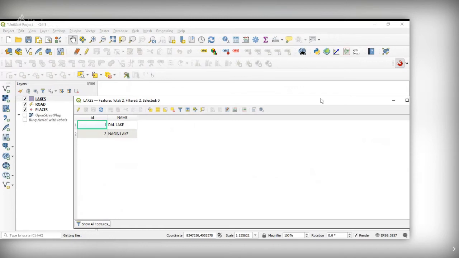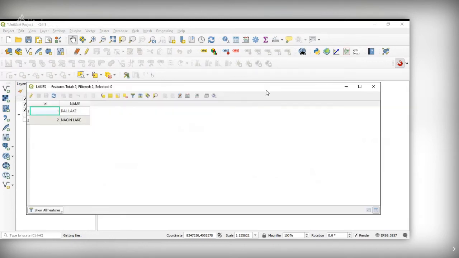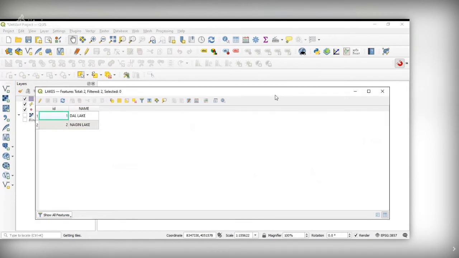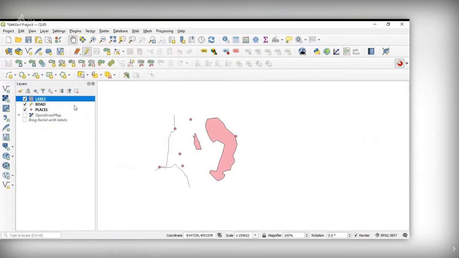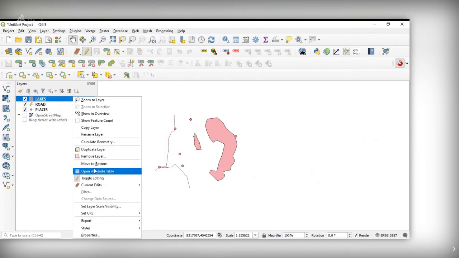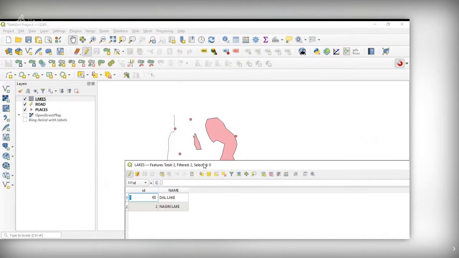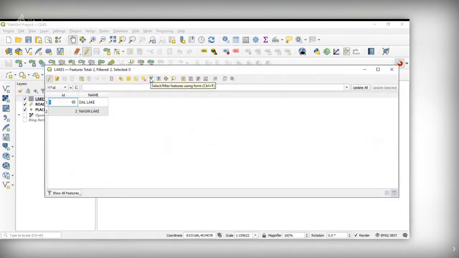So what we can do is now suppose you want to calculate the area of the Dal Lake and Nagin Lake. So what you have to do is make it editable again. So again go to the attribute table. So you have to add one more field.